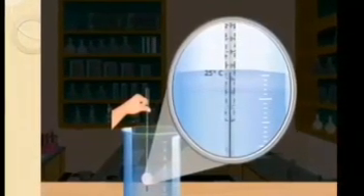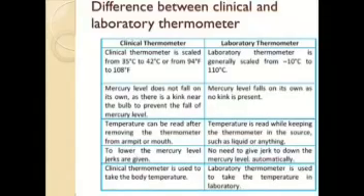When we take it out, the mercury level falls down suddenly. The difference is that the clinical thermometer has a kink or constriction near the bulb which prevents the sudden falling down of mercury. But a laboratory thermometer does not possess this kink. So the mercury level falls back as soon as we take it out from the object. For example, if we need to measure the temperature of boiling water, we have to take the measurement while the bulb of the thermometer is immersed in water. And we must hold the thermometer upright, not tilted.